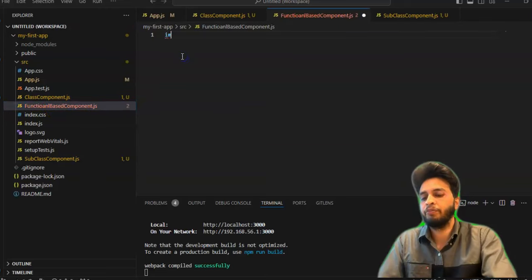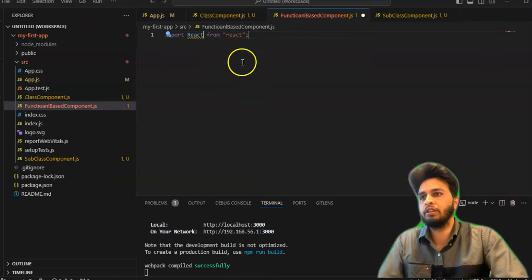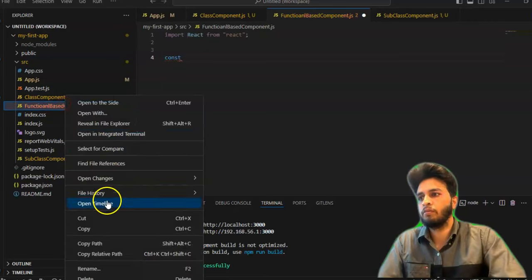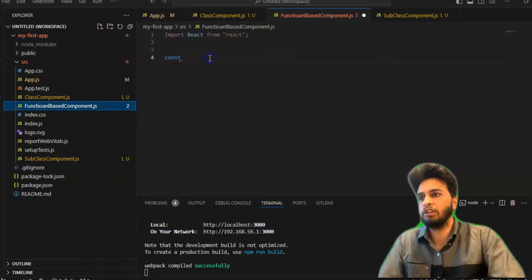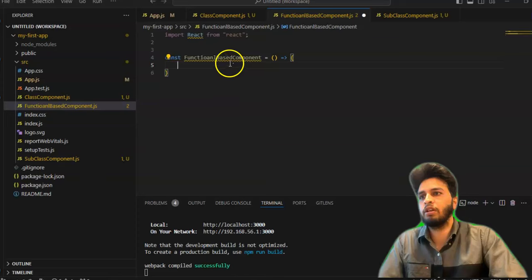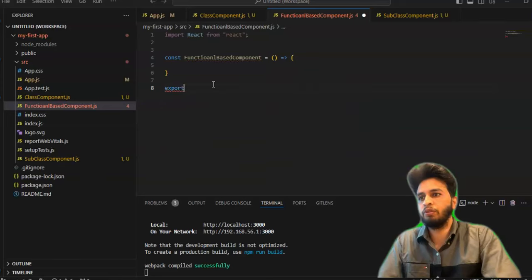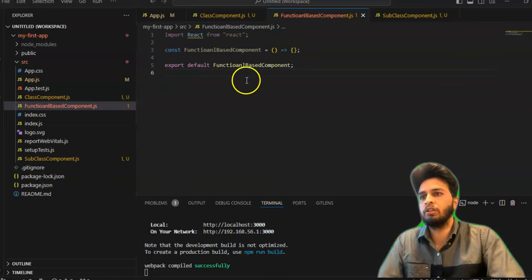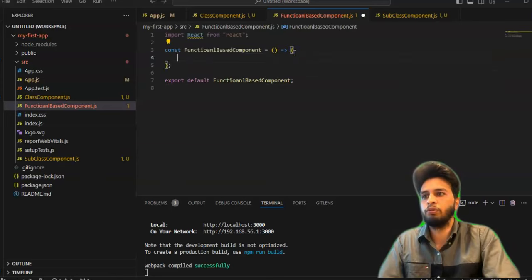It's very simple. You have to just import React from React, correct? And after that you have to use the same function name, correct? Same function name you have, right, and this is the format of a functional based component. So if you use export default and the function name, now if you want to return some HTML,